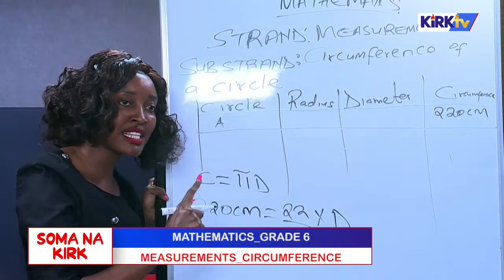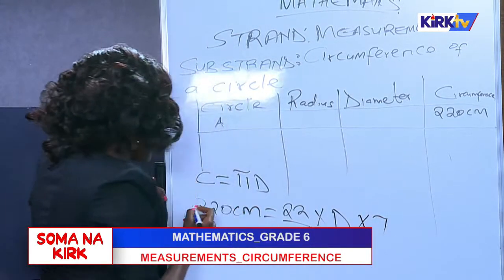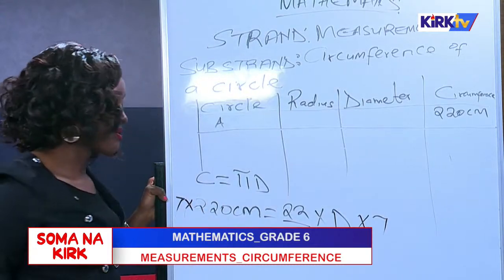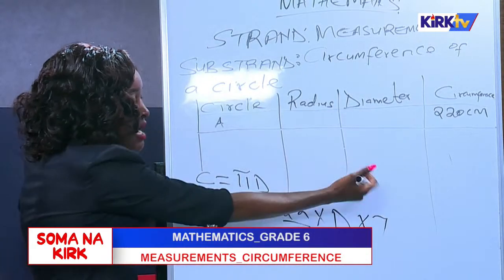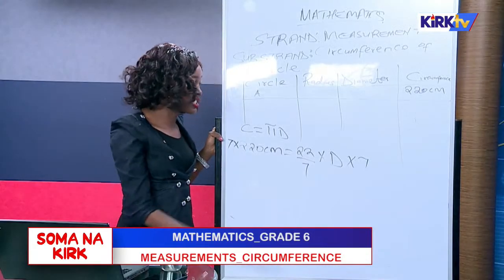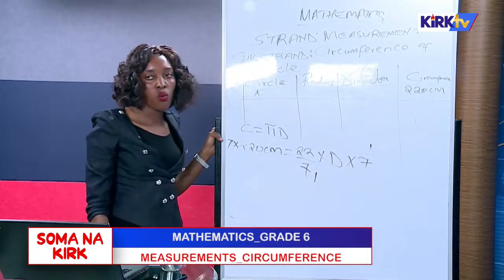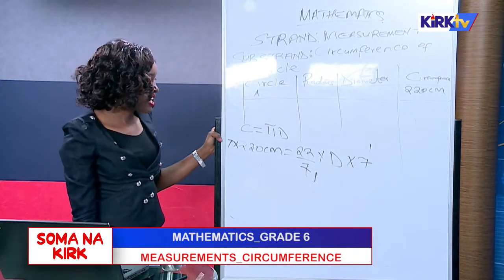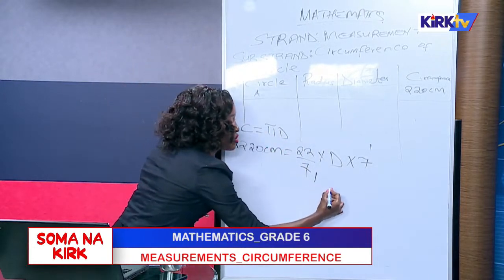You multiply both sides by 7. So the denominator can be simplified by the 7 in the numerator, so by 7, 1, by 7, 1. Then 22 times d, we are left with 22d